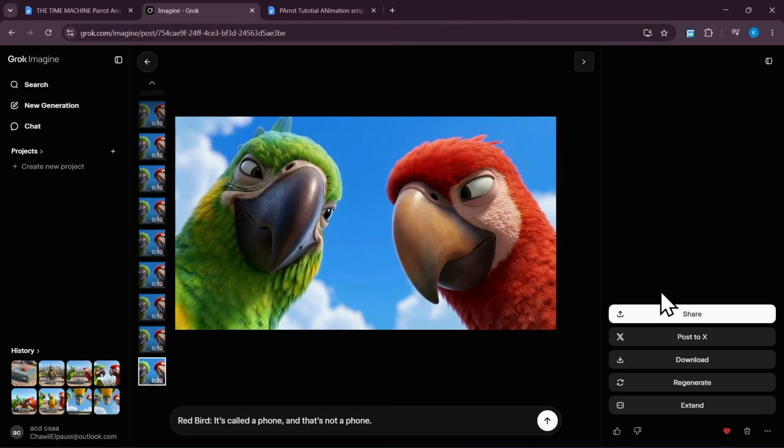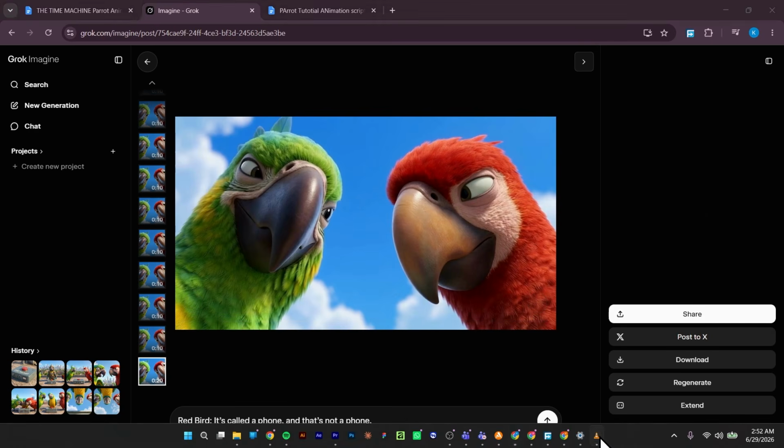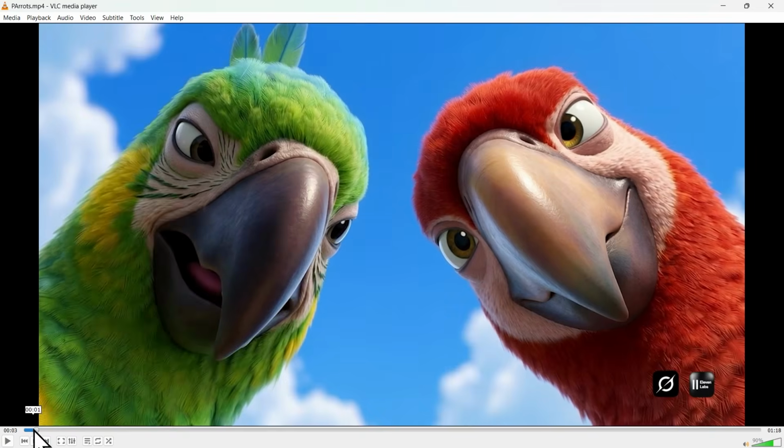Okay, so here is my generation for the first scene. Now you can see that their voices are not necessarily the same as the original animation. Now if I play this,